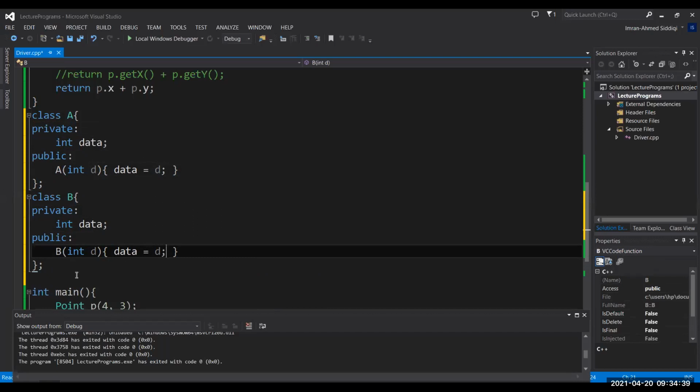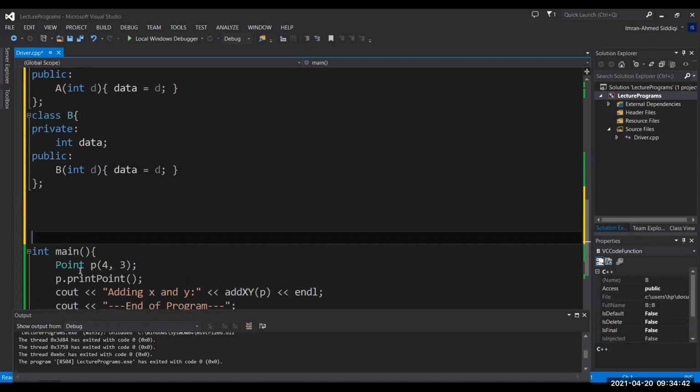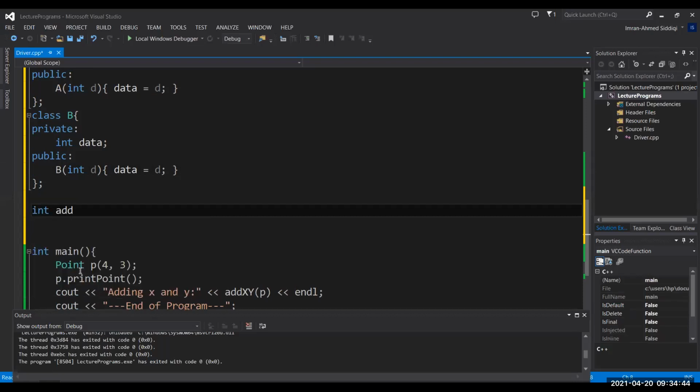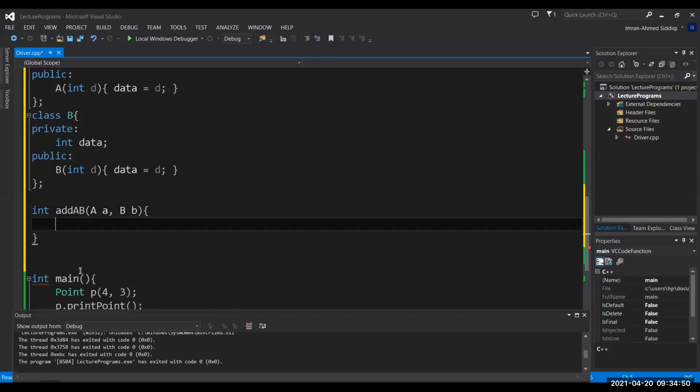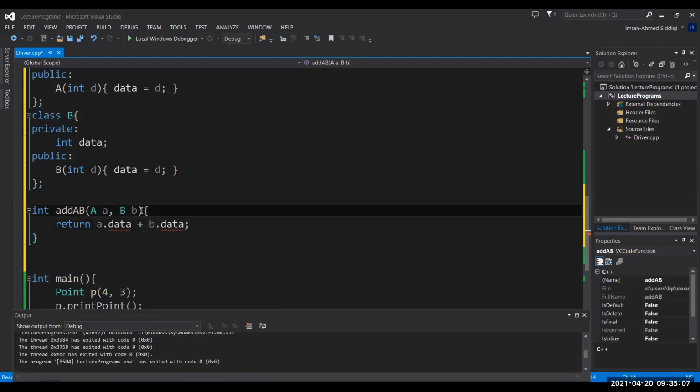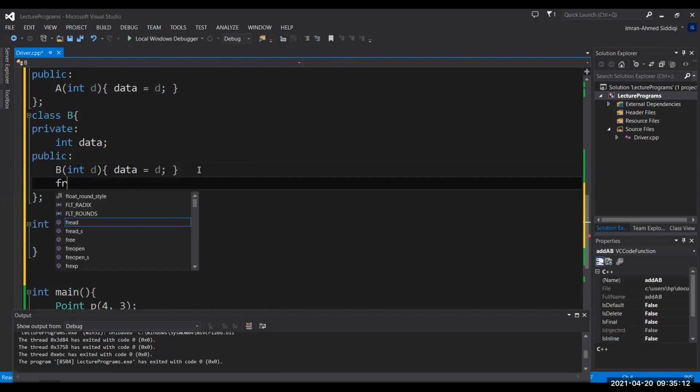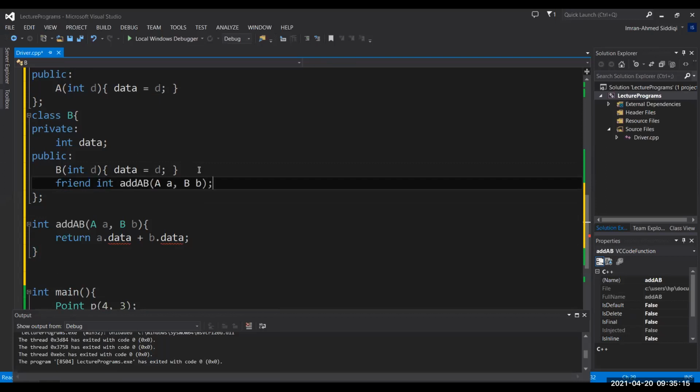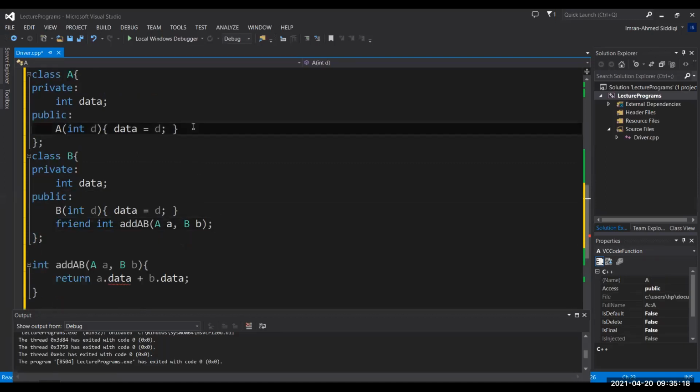Okay, and now we'll make the function. So I'm making the function int add AB. It has an object of class A and an object of class B. And what do we want? We want A dot data plus B dot data to be a legal statement. Presently, it is giving me an error. Why? Because this function cannot access the private data of the class. Now I will simply copy the prototype of this function, and I'll put it in both the classes. Why both the classes? Because this function needs to access private data of both the classes. Okay, and same I do for